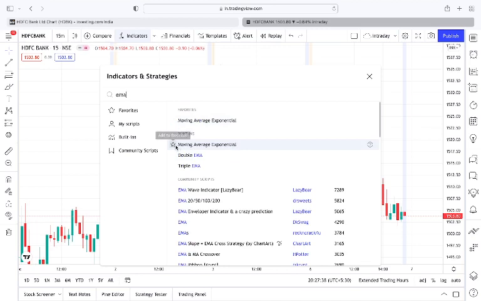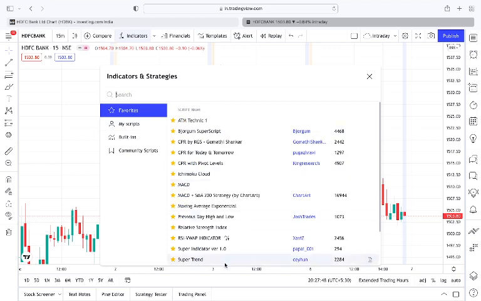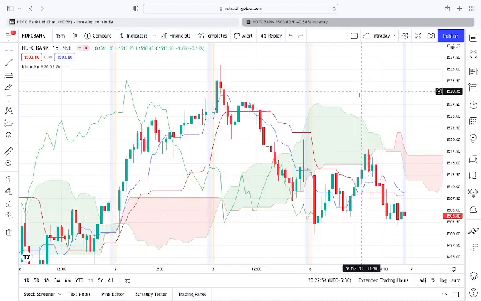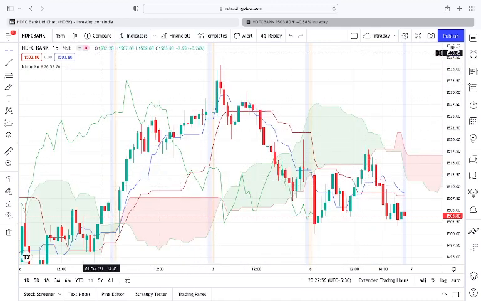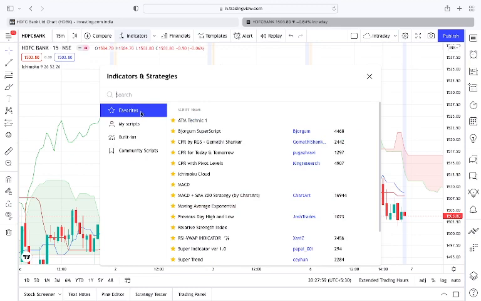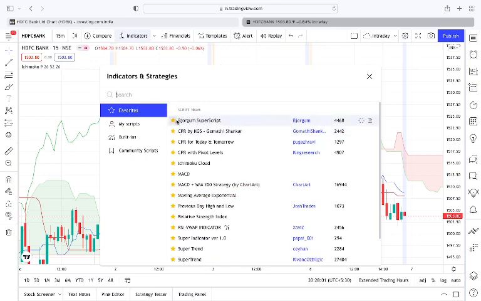We need to make it a favorite. First thing, make it a favorite. This is the most important point that people will forget. Make it a favorite. Why? Because you will not forget later. I have made this many indicators favorites. I need not go and search. Directly I'll put this Ichimoku cloud. It comes like this. That's it. Game done. So these are all the shortcuts you need to learn in these LKG classes.